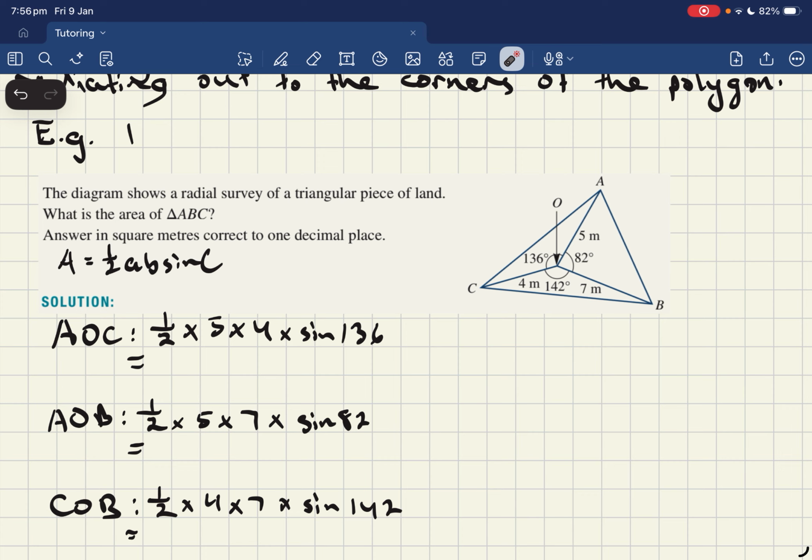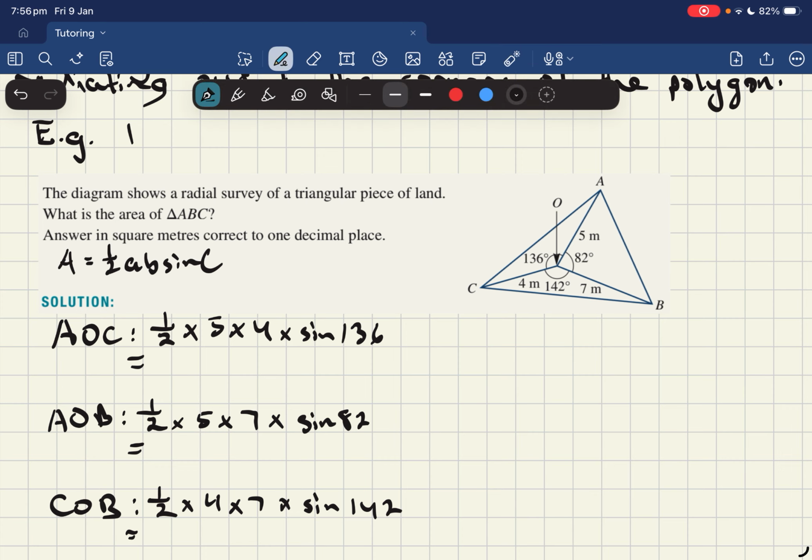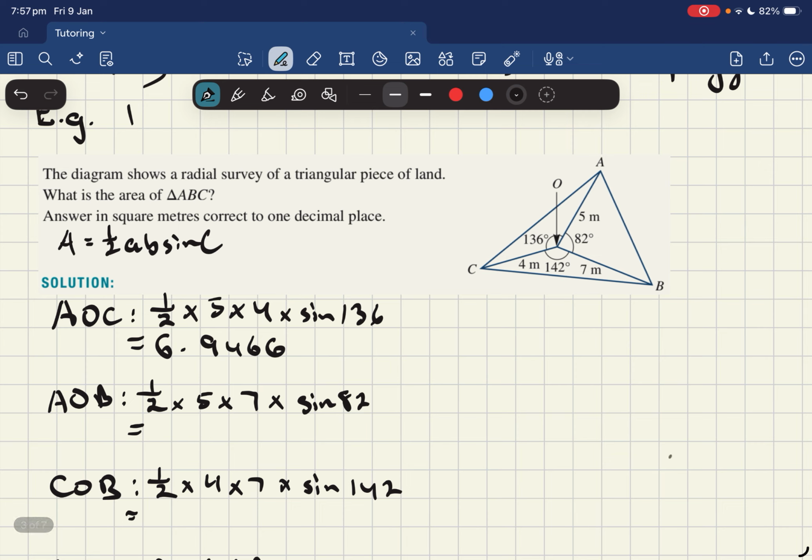So for the first one, we get an area of 6.9466. Let's round it. Second one, we're going to do the exact same thing, except we're doing sine 82 and we're multiplying 5 by 7. So we get 17.3297. And then the last one, we have sine 142 and we're multiplying 4 by 7 by half. So here we get